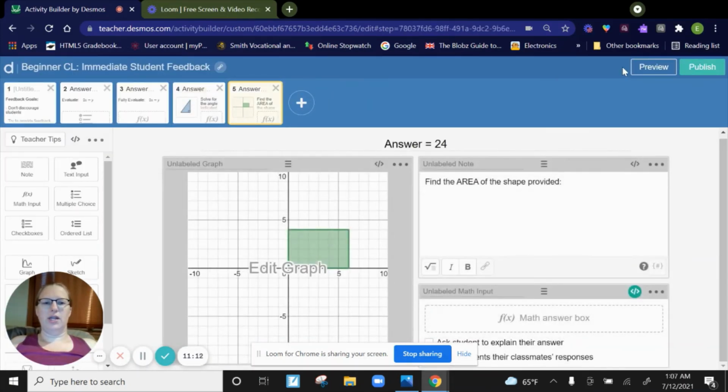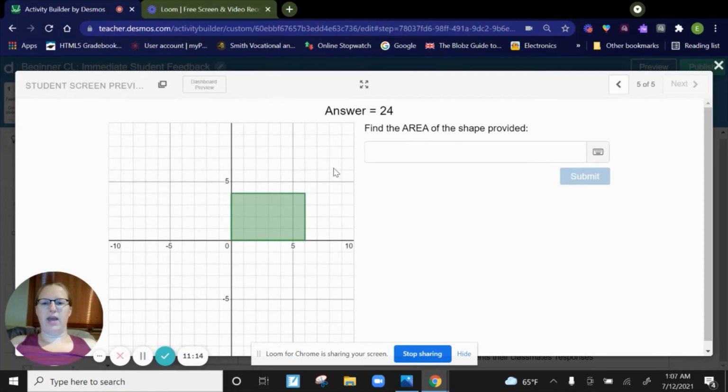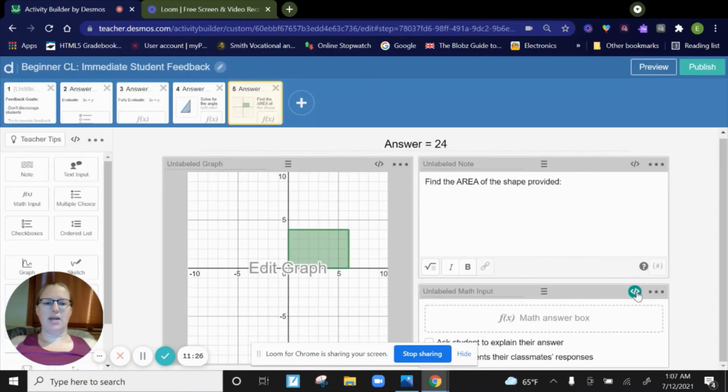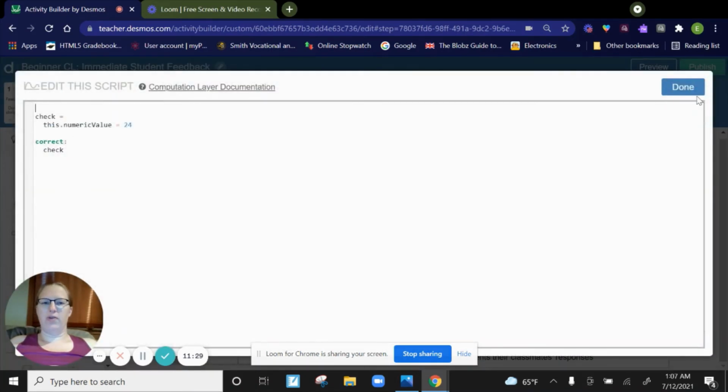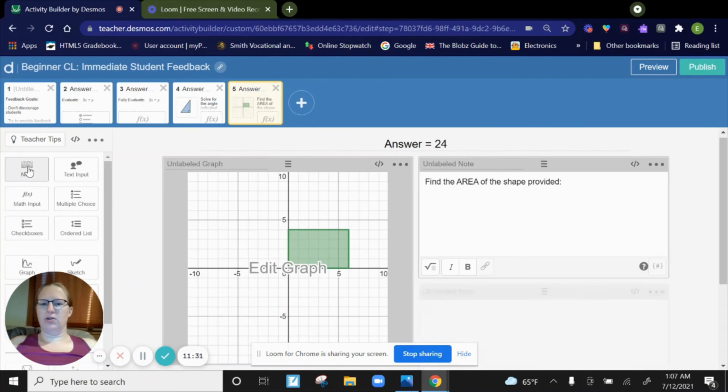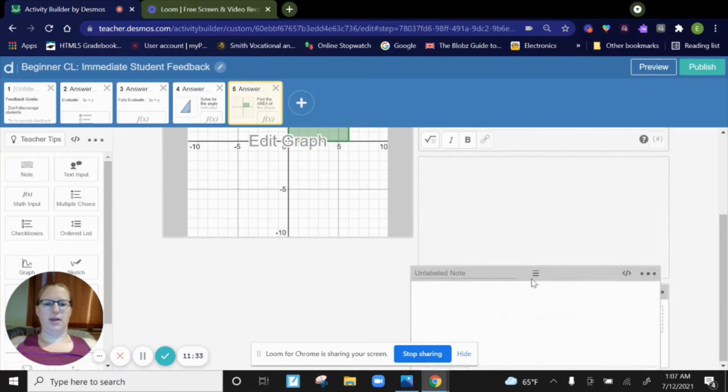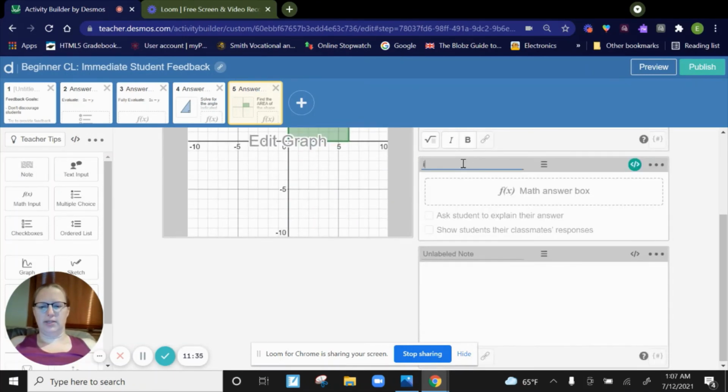All right, on to the last one, which is asking for the area of this rectangle. A 6x4 would be an area of 24 square units. We're not going to worry about the square units part of it. We'll just worry about the 24. And I've already set up the check variable for that. So we're going to insert a note. And this one is input 5,